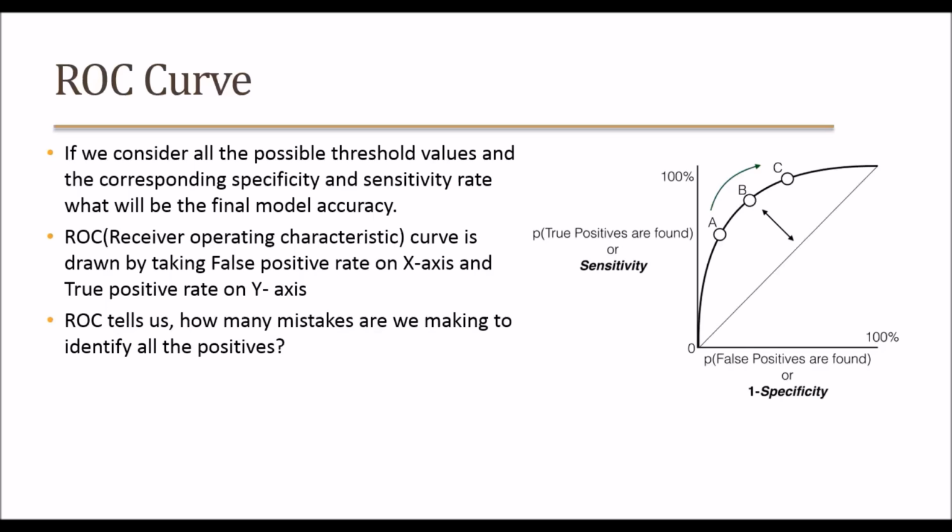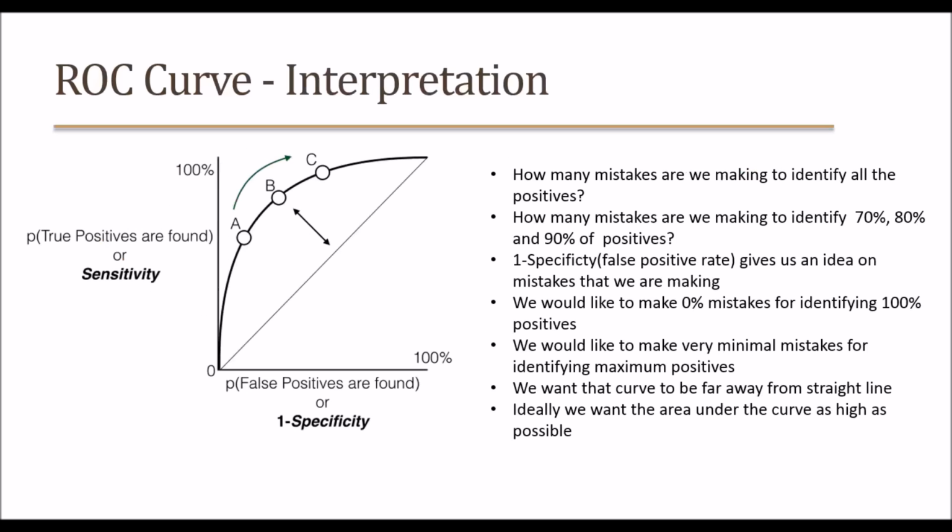What exactly is this false positive rate on the x-axis and true positive rate on the y-axis, why exactly is it taken? So false positives are nothing but mistakes that we are making while finding the positives, right? False positive, falsely classifying them as positives, and true positives is how many of them we are rightly classifying. When it is positive, we are rightly classifying it as positive. So what exactly the ROC tells us is how many mistakes that we are making, that is false positives, while finding